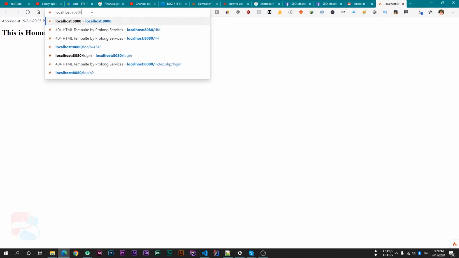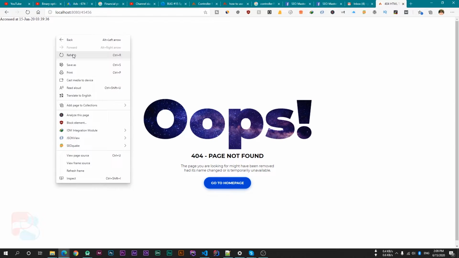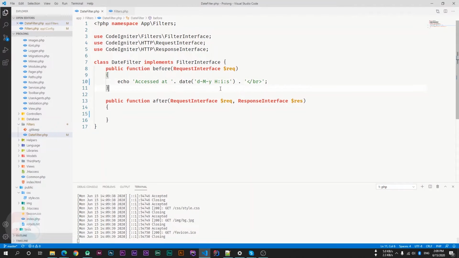Whenever we reload the page, we will get the current time. And if I open any other page, we get our 404 message or any other page, and we are still getting this message, which is accessed at the time. So this is the use of controller filters.